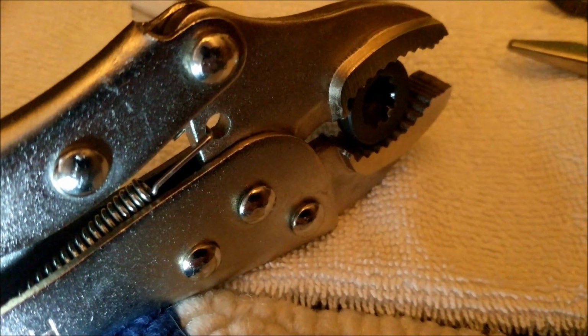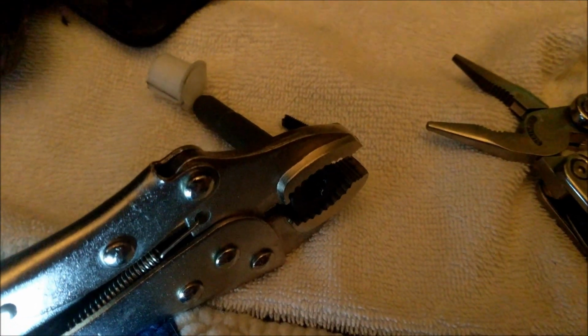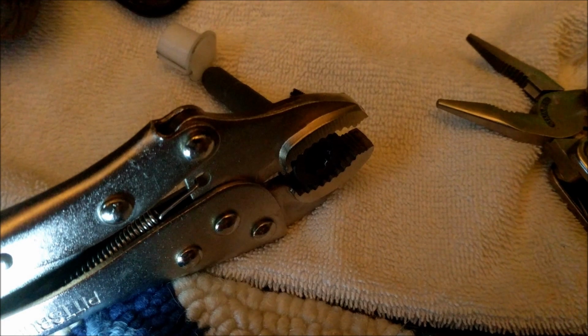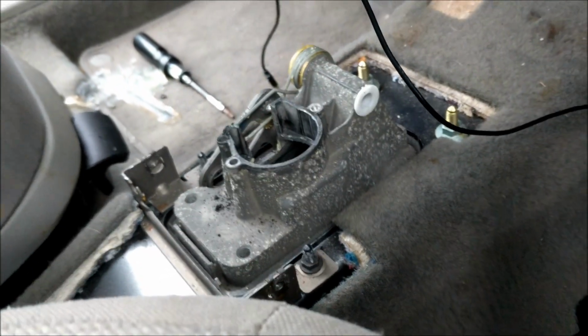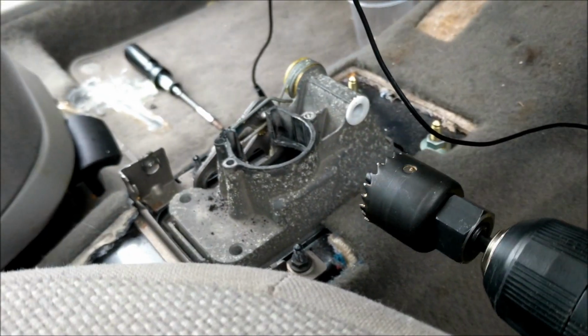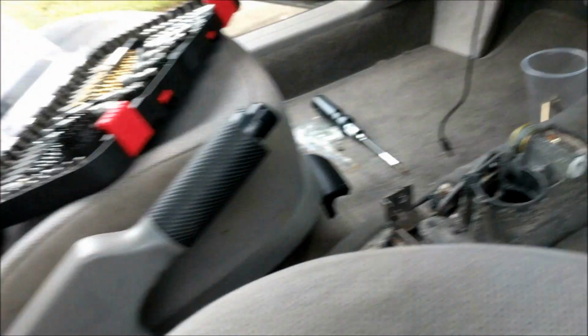I think the next big headache is, by the way, I came inside, it was just too dark outside. Next big headache is going to be to get those parts in that little gearbox, try to get them on with my fingers. Okay, so I gave it a rest the other night, because it was getting too dark. So now, you know, I had the shifter out. I went ahead and put